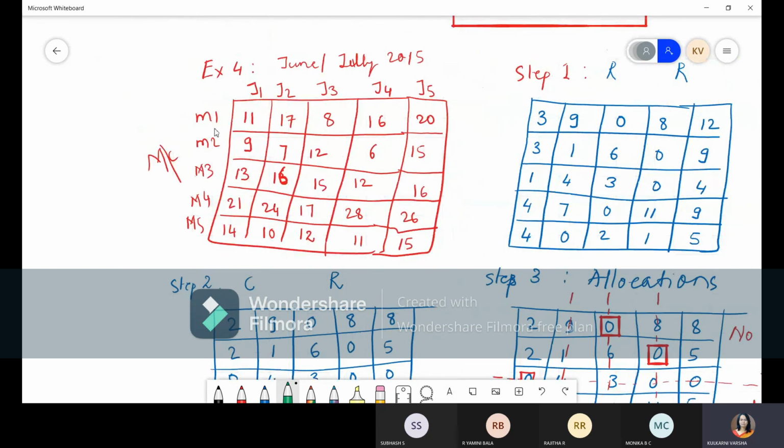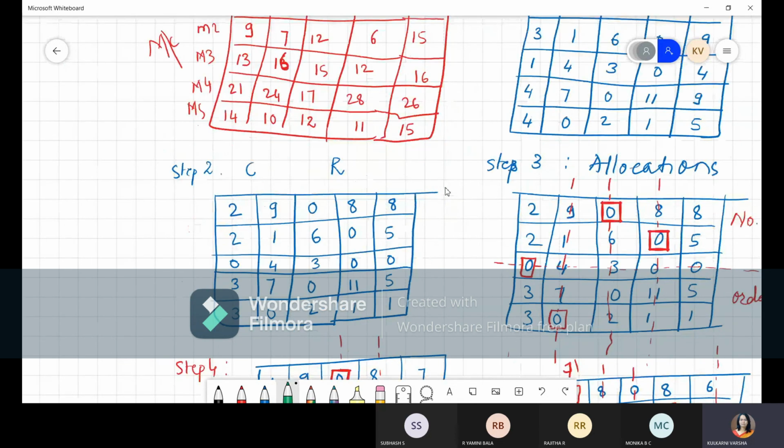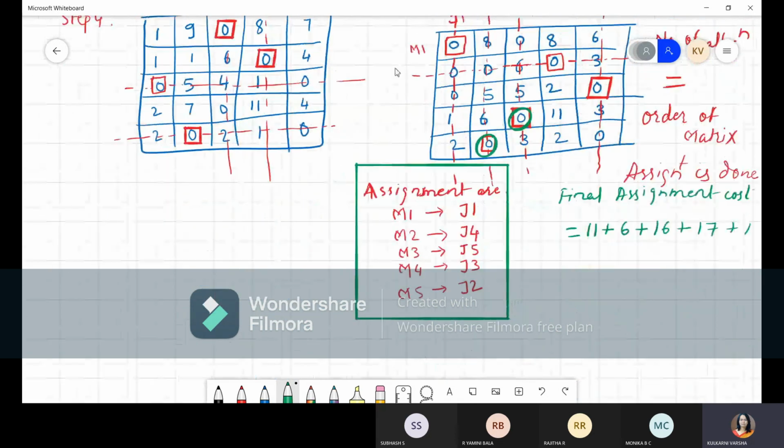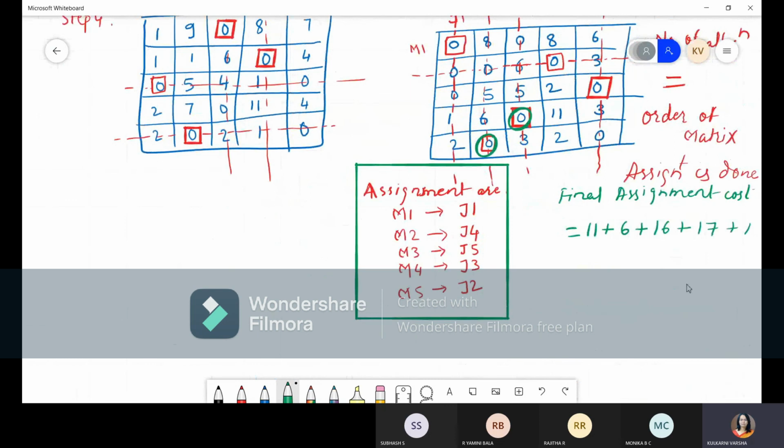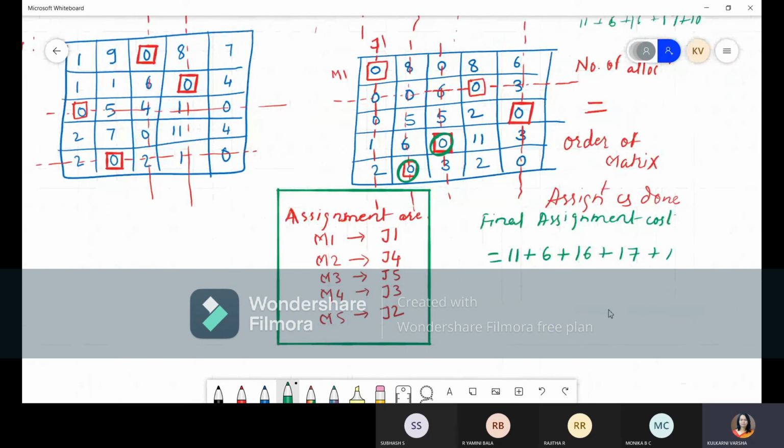So this is 11, 6, 16, 17 and 10. All of these we have to add as the final cost. 17 plus 17, 34, 40, 50, 60. It's coming as 60 hours or something. So this is your final answer.